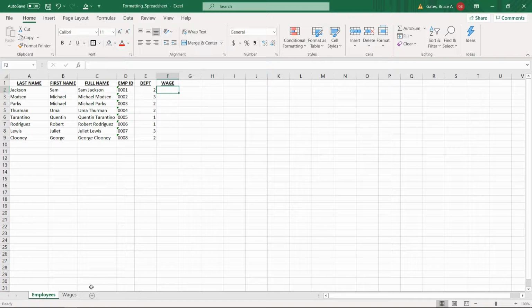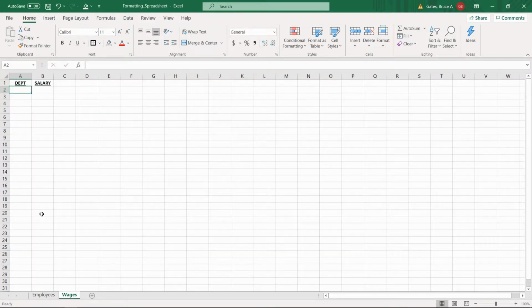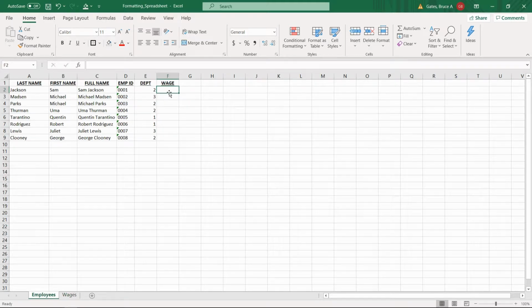So then what we can do is come over here to our Wages tab and have our 3 departments, 1, 2, 3, and we can set a salary. And let's just say directors make $100,000 a year. Let's say that A-list celebrities make $75,000 a year. And let's say that the B-grade celebrities make $50,000 a year. Okay? So now we can go back to our Employees tab, and we're going to